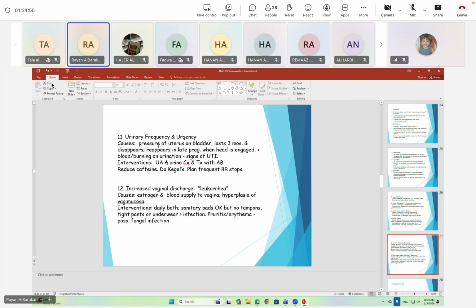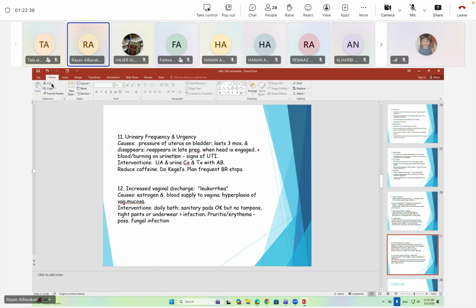Urinary frequency and urgency. This is common in pregnancy due to increased dynamic circulation. However, also risk of urine infection is there. Quite a good number of patients might have urine infection and they will not be sensing a difference from the usual pregnancy complaints of frequency. They might miss the feeling of having dysuria. So with follow-up visit, you need to do a monthly or every 6 weeks in the beginning a checkup for